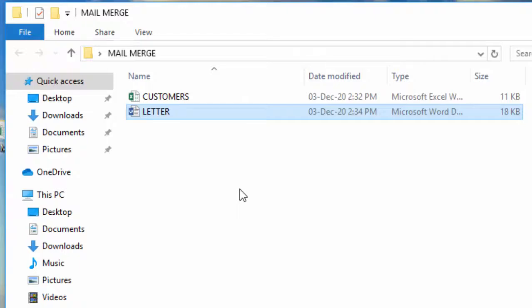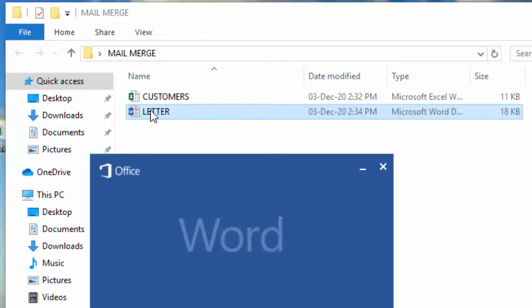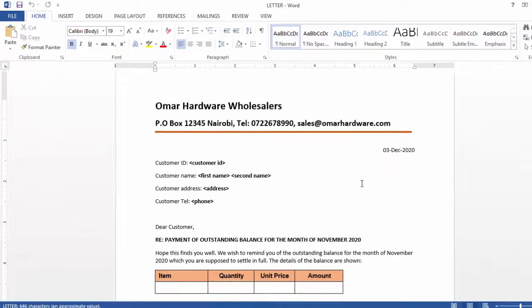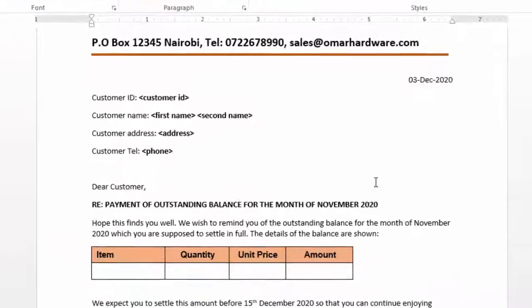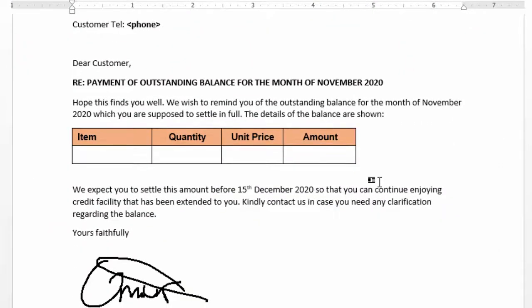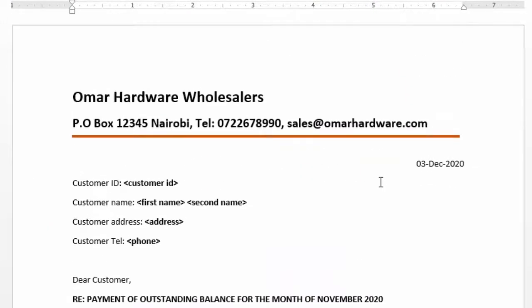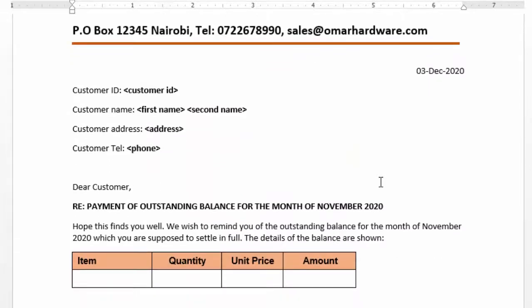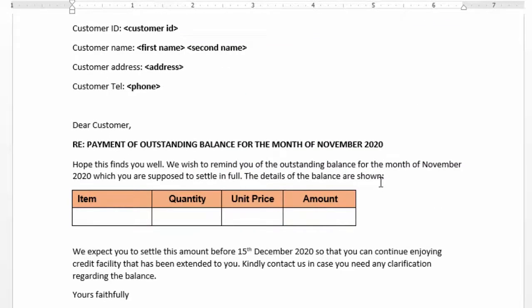The other important thing is to ensure that you have a letter ready. I will open this one. You can see here the letter is already drafted, and this is a common template which will be used to send to every customer. And this one will have some areas which